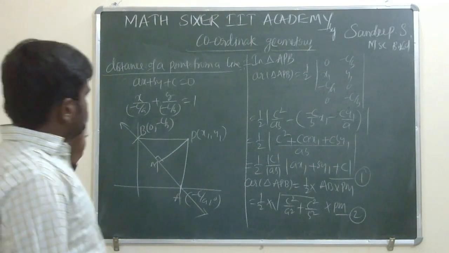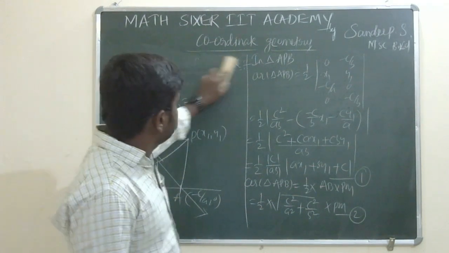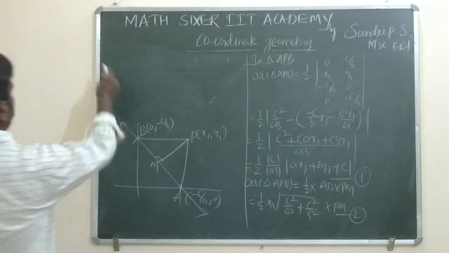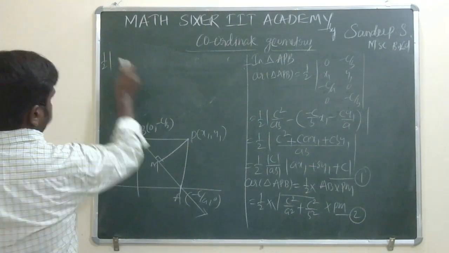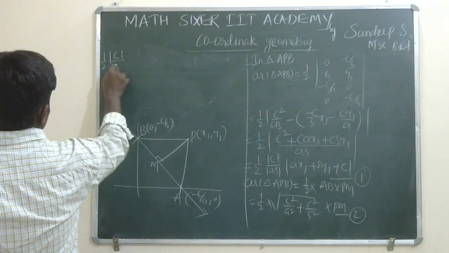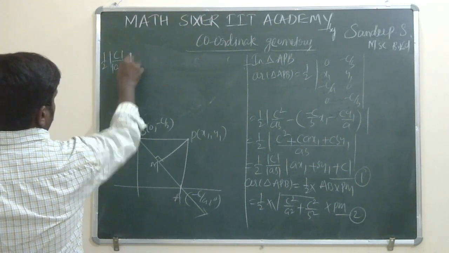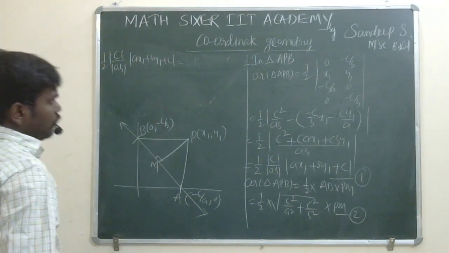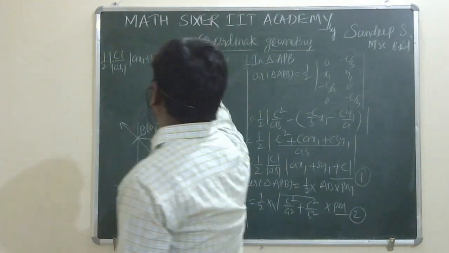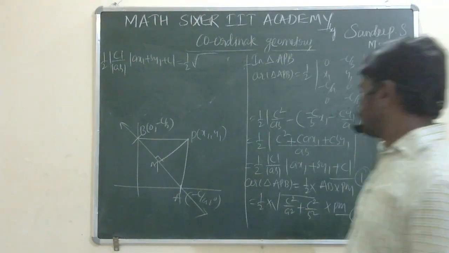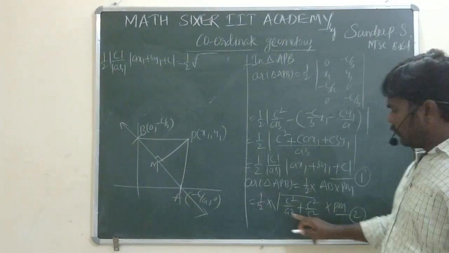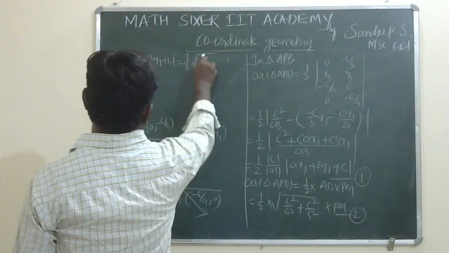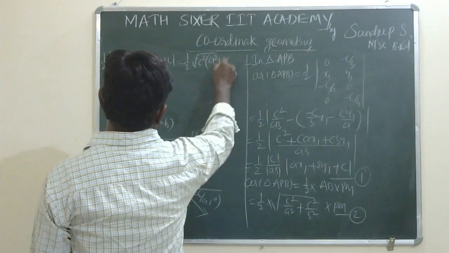So here let me erase this. Right. So now, when you are equating 1 by 2 into mod C divided by mod AB, modulus of ax1 plus by1 plus c is equal to 1 by 2 into the square root of c square plus, here better I am taking the LCM. LCM is a square b square. So here c square I am taking common, hence a square plus b square by a square b square